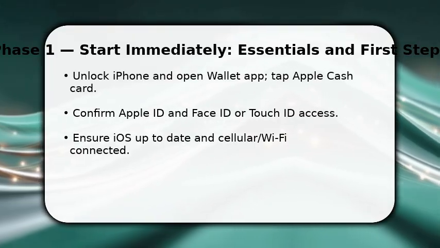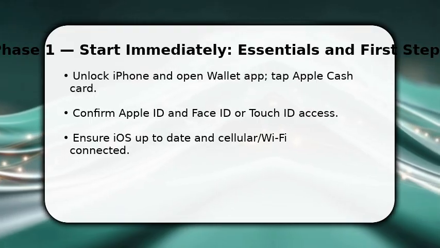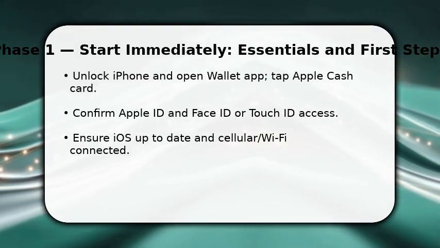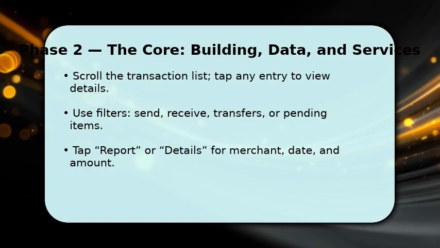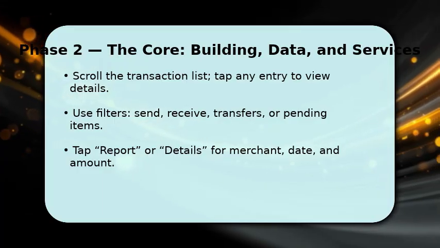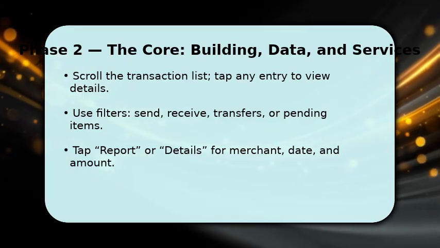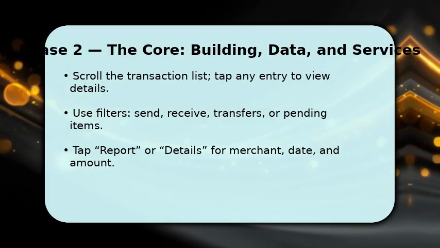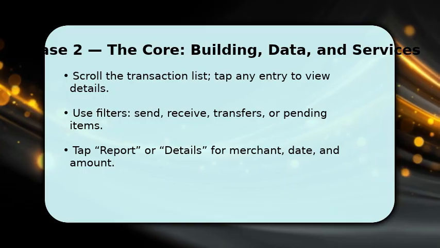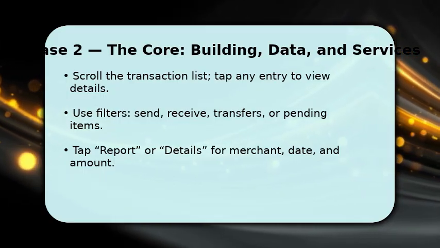This first action reveals the transaction list and settings where history is stored, so proceed directly to inspect entries shown under your balance. Now scroll through the transaction list and tap an item to view full details. This shows merchant, date, time, and the exact amount. If a long list appears, use visual filters like sent versus received or look for pending transfers to isolate the